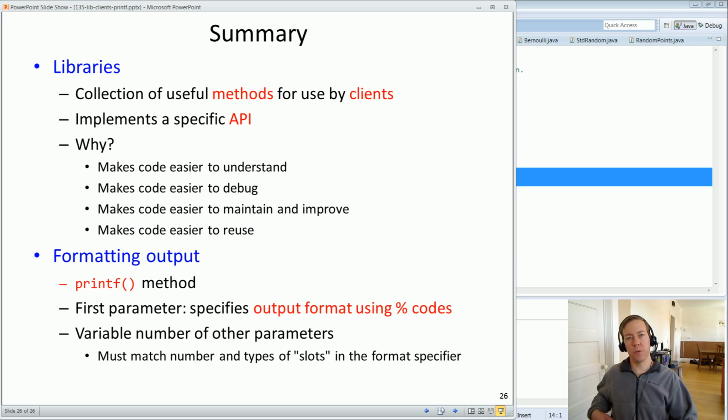Alright, so to summarize what we talked about today, we looked at libraries. So libraries are just a collection of methods that are helpful for people trying to build a certain kind of program, and you've already used libraries loads, things like standard draw and standard in. Wherever possible, you should make use of existing libraries, or if you can split out common functionality between your programs into a library, that's a good thing to do. It's easier to understand your code, it's easier to debug each of the libraries, and maintain and improve the libraries